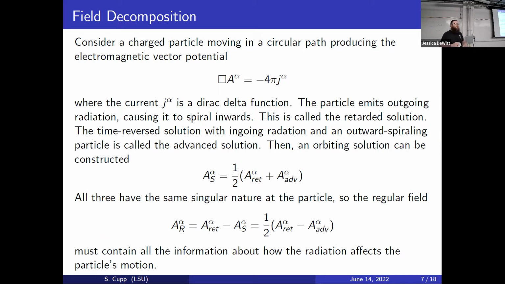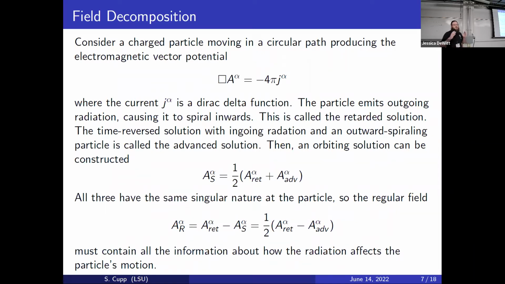Now we can look at radiation reaction in electricity and magnetism to have a comparison case to see how this works. So if we consider a charged particle moving in a circular path, producing some electromagnetic vector potential, where we have some current J, then the particle is going to emit outgoing radiation, and that causes it to spiral inward. And this is generally referred to as the retarded solution. Now we can, of course, time reverse this and get ingoing radiation with an outward spiraling particle called the advanced